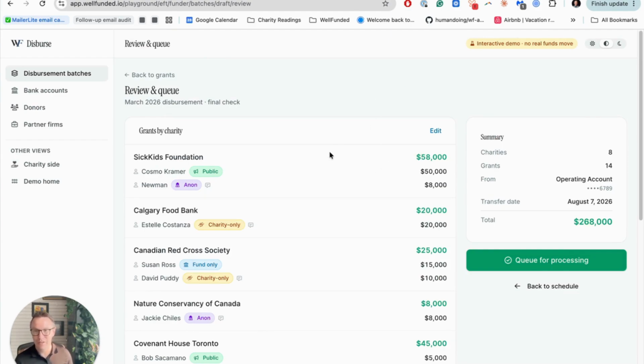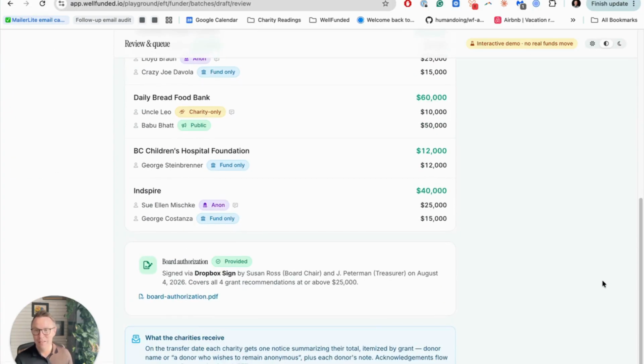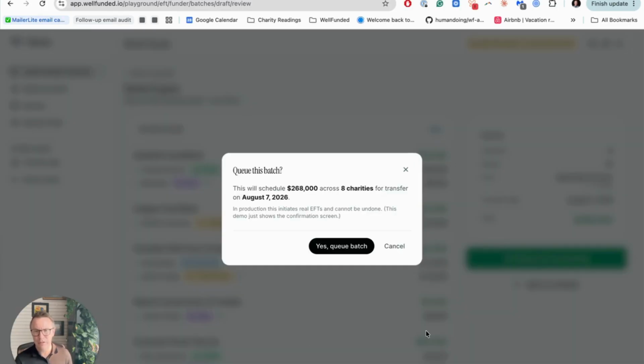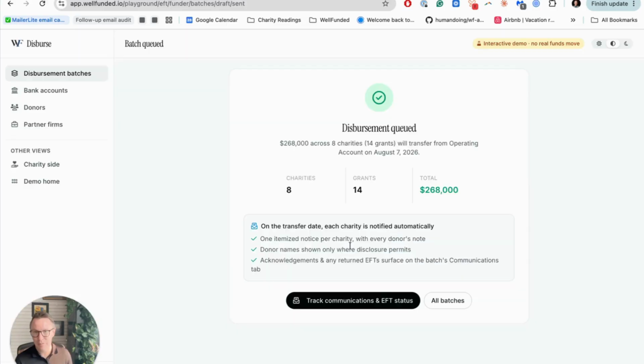Review and queue then shows you a clean list of all of the grants you are making, and you can then select queue for processing. When you select queue for processing, it's going to give you a final confirmation, yes, queue for batch, and disbursement queued. What happens there is that we will then generate the required file to send securely to your custodian, and then we will begin the process of pinging your custodian to confirm delivery of those funds to the charities,